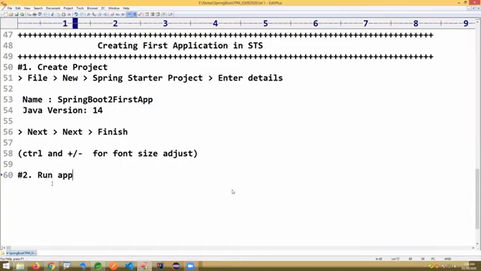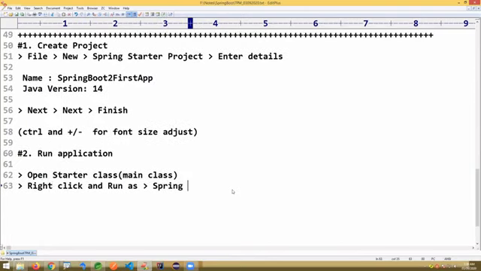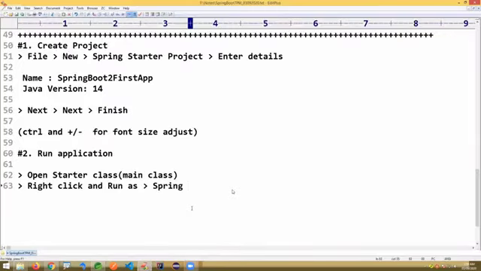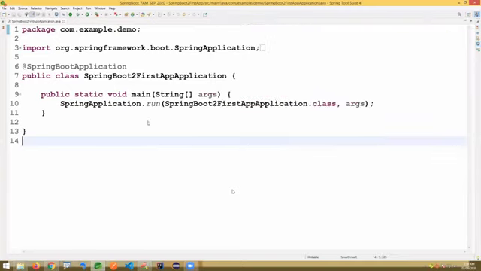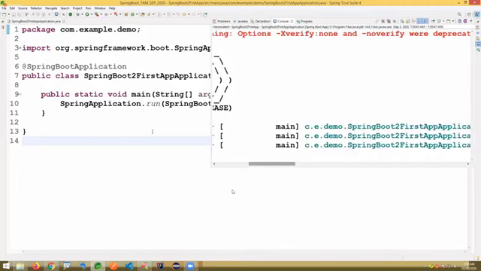Run the application. One, open the starter class, in simple terms the main class. Right click, Run As, Spring Boot Application, that you need to choose here. First time if you're running like this, that's fine. Already it's executed, right? Again, if you want to run the same thing,